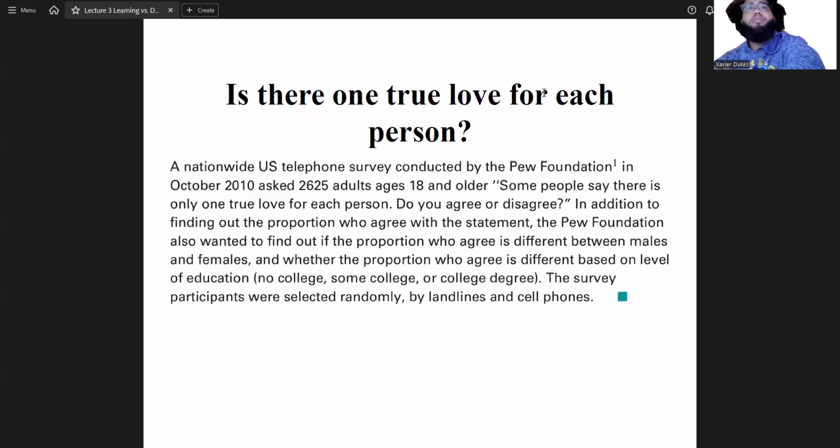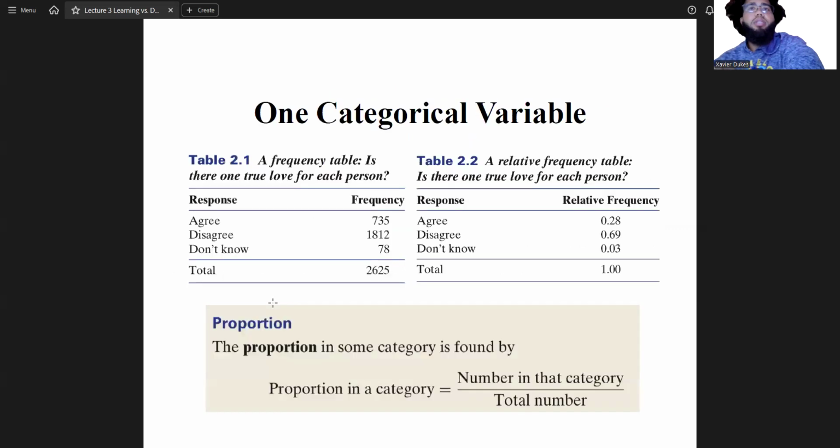Is there true love for one for each person? Let's take a second to read this. Do you agree or disagree? The Pew Foundation also wanted to know, in the survey. This is categorical data: agree or disagree. This isn't quantitative, but then the frequency would be considered. The response is categorical. The frequency is the